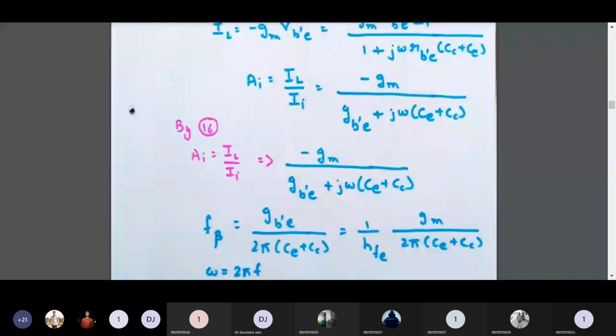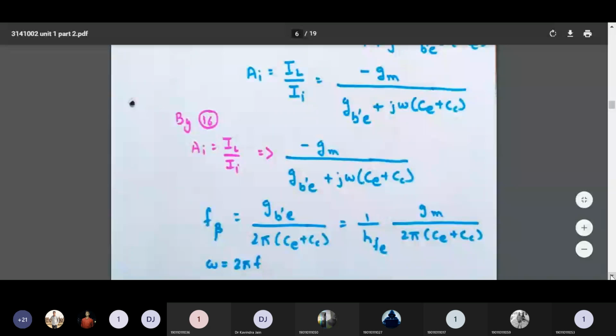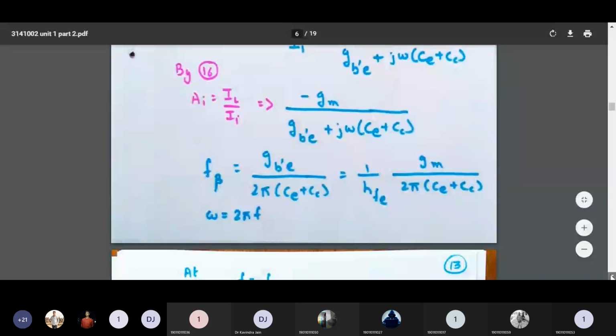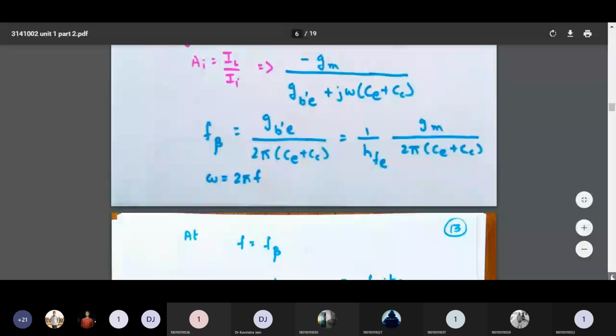So I would like to complete this article. This article is completed within this page. So I would request you to kindly note down. We know that omega is equal to 2 pi f, and we put this formula of f beta. Hence, at f is equal to f beta,